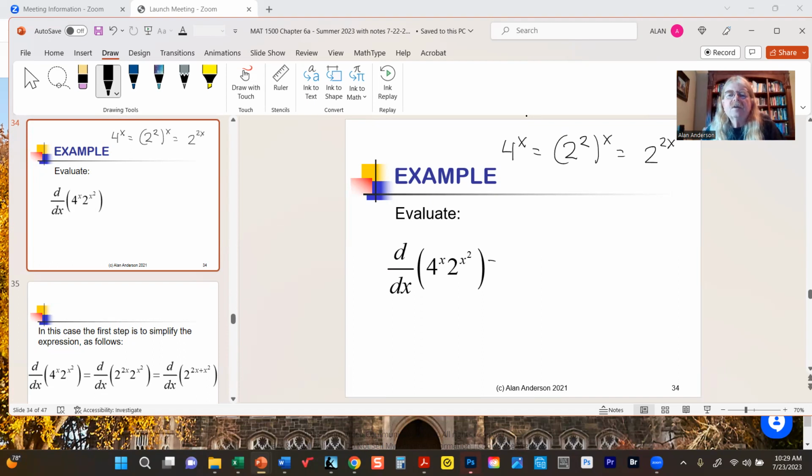We can make it simpler on ourselves by recognizing that 4 to the x is the same as 2 to the 2x power. And since both of these expressions have the same base, we can rewrite this as